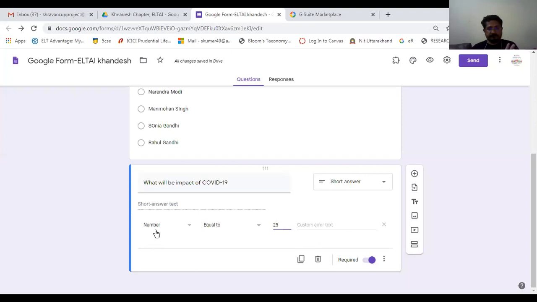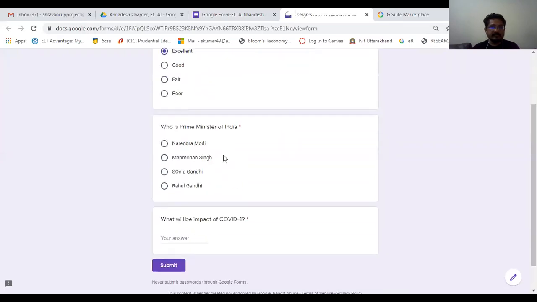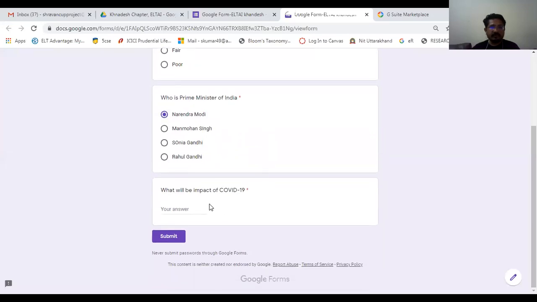Here, number, the answers will be not more than 25 words. Now I'll show you the preview of this particular question, by which you can easily understand. What is your opinion of Google Form? I'll click on excellent. Who is the Prime Minister of India? I'll click on Narendra Modi. Then what is the impact of COVID-19? Now I'll write answers. As I've told you, students will not be able to write more than 25 words.